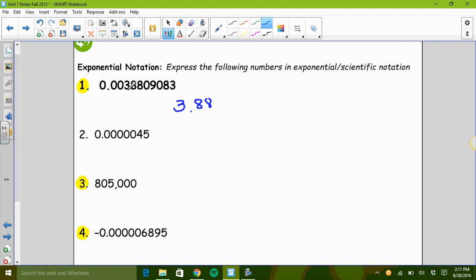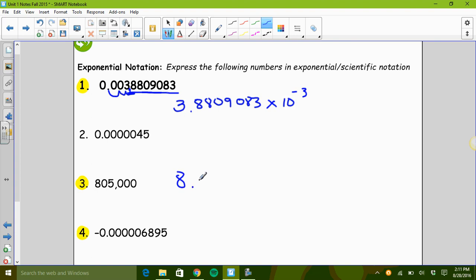So I see that the first number I can get to that's going to be between 1 and 10 is 3.88, but I'm going to continue 3.880983 because all of these numbers are important to the actual value here. However, 3.880983 is definitely not this number. So we need to go ahead and multiply it by 10 to the exponent. That's going to get us back to where this decimal lives actually. And you can see that's 1, 2, 3 spaces away from where I artificially put it. So since that's in the reverse direction, we're going 10 to the negative 3.